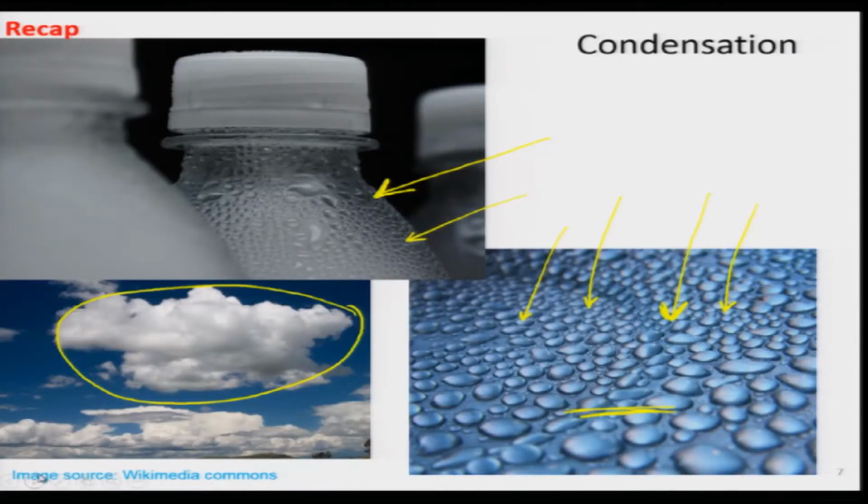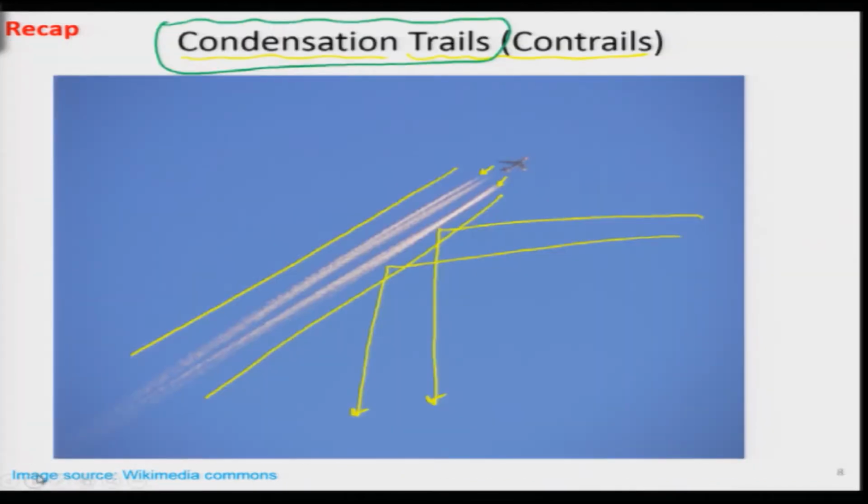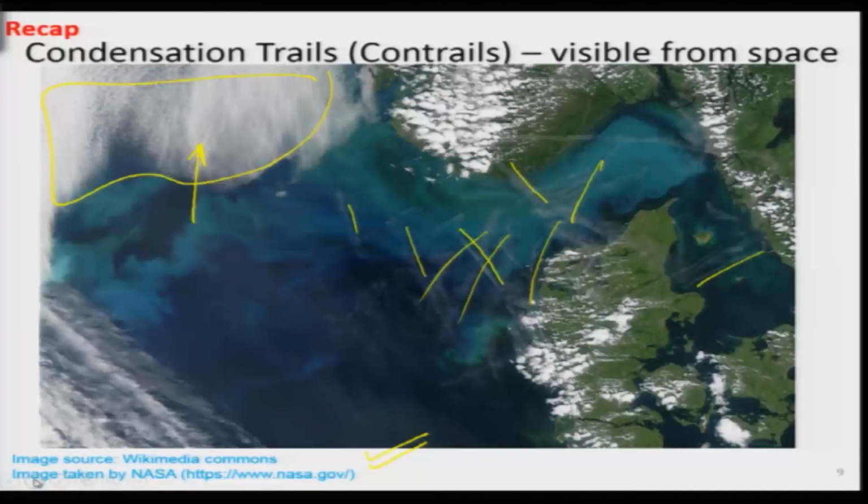Then we had looked at the topic of condensation, where we started off with real life examples that we can see in our house, then examples from nature, the condensation formed by clouds. So, very beautiful clouds we see. Then we looked at the interesting concept of the contrails, which is the condensation trail appearing from the exhaust of the aircraft, and these appear very beautiful. Sometimes we can stand and watch if some aircraft is going above us, then contrails we can see. These are also visible from space sometimes if the weather permits.